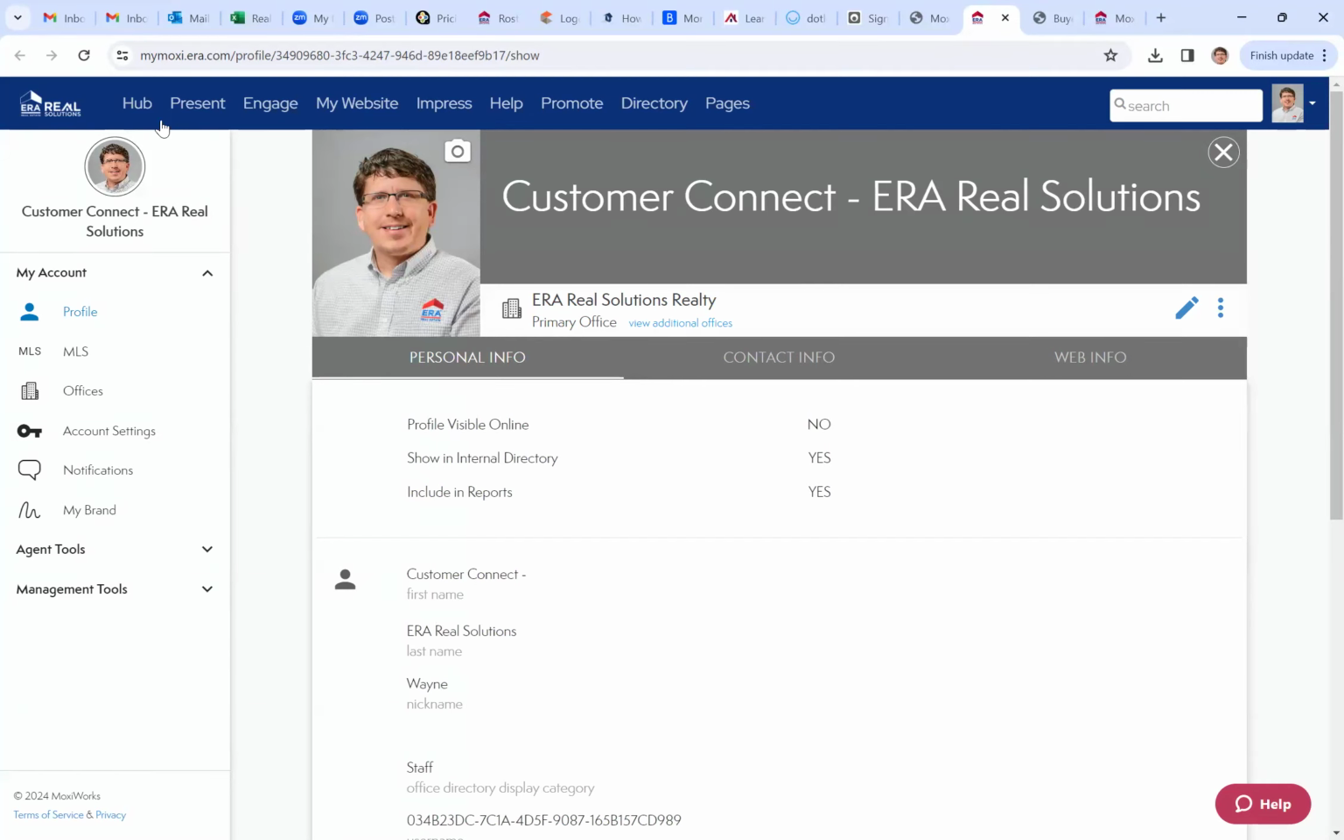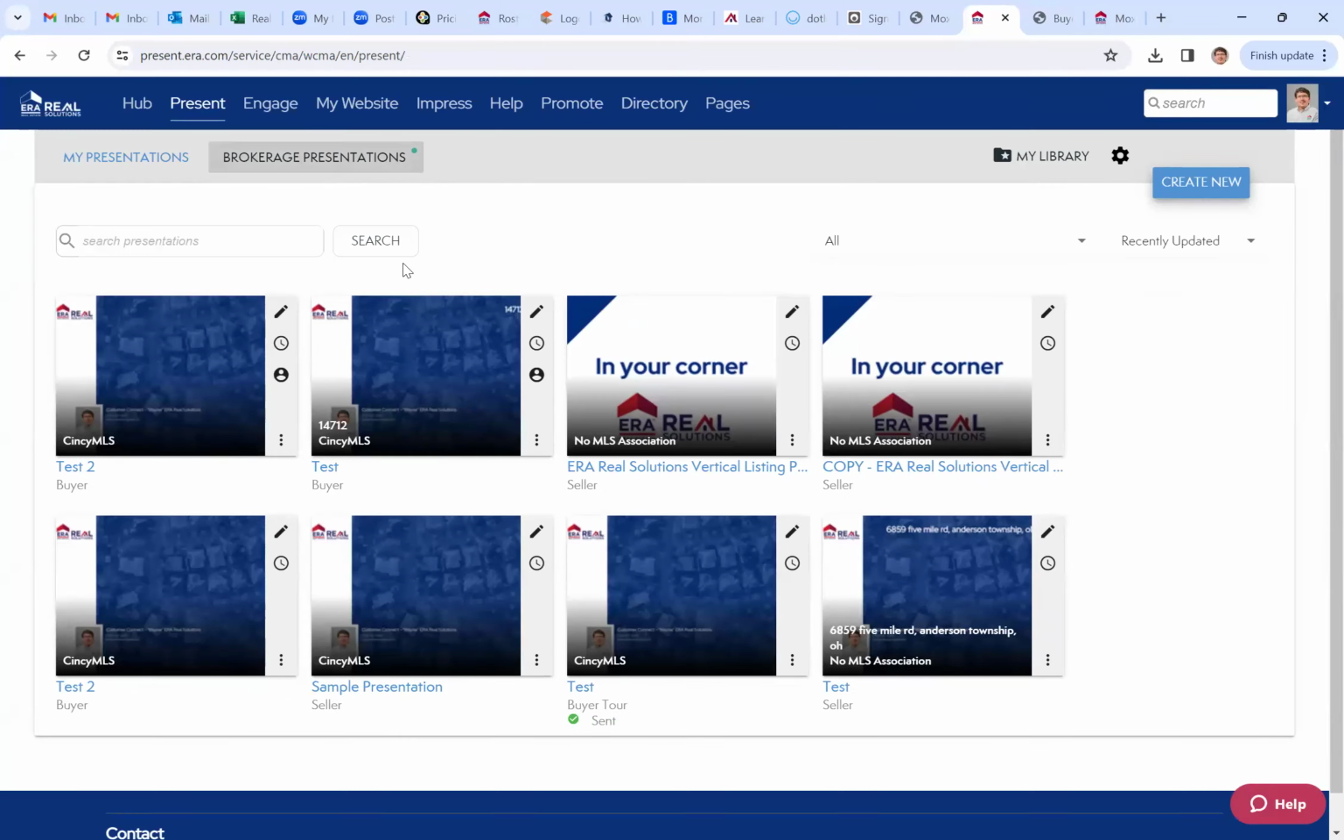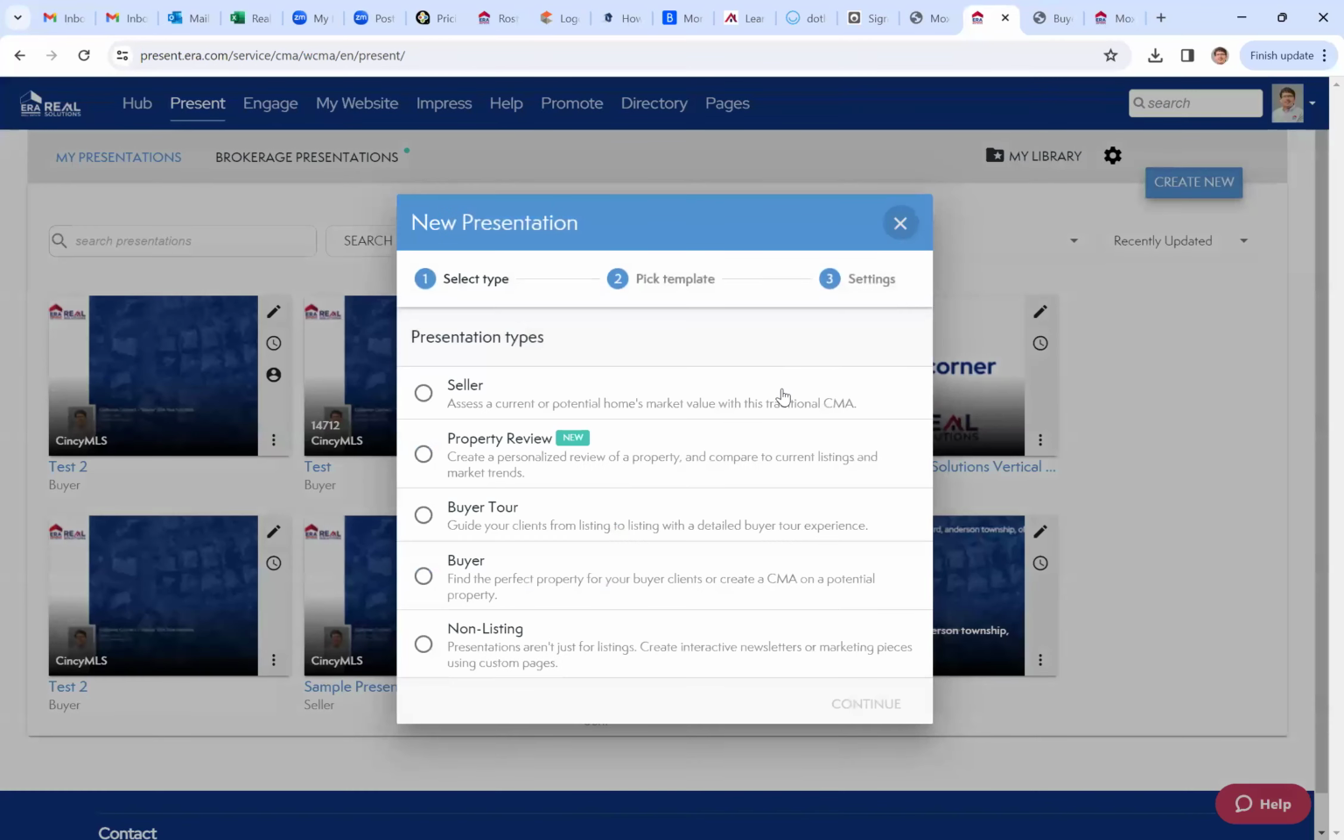So again, of all 4 parts of Moxie, we're going to go into Present. And I'm going to go to Create New in the upper right-hand corner, the light blue Create New. These are the presentations that I can build. So I actually have 2 options here. So this